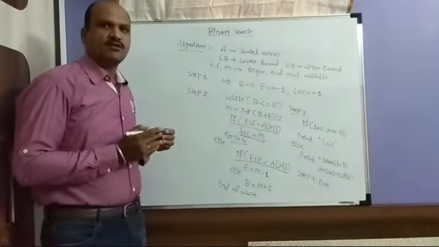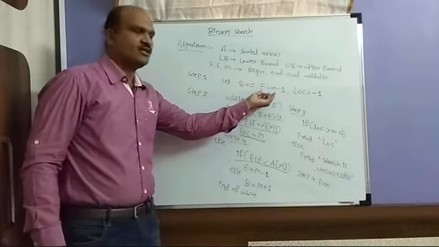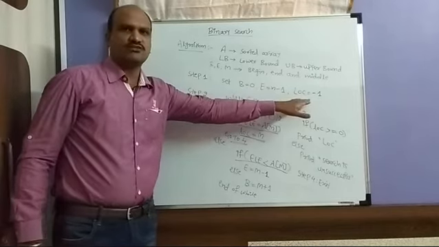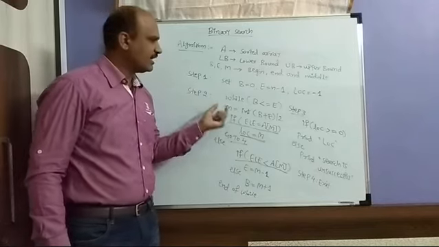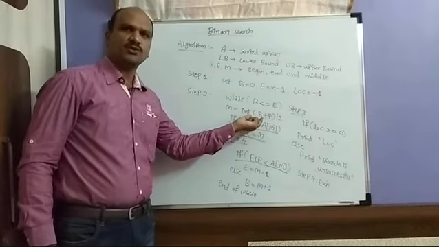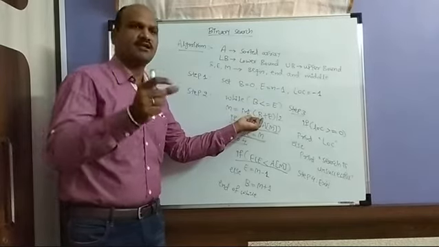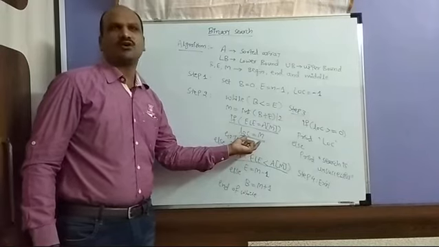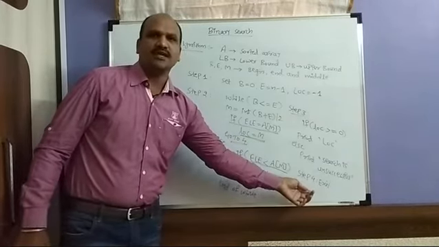So very simple algorithm. First you have to reset begin to 0, then end to n minus 1, because the array will be 0 to n minus 1. Then location is always minus 1. Then first you have to find the middle element as B plus E divided by 2. Then you will get the middle element. So if the searching element and the middle element are the same, then automatically you got the search element. Then go to step 4, that automatically it will be exit.